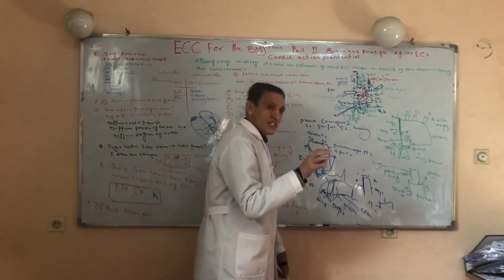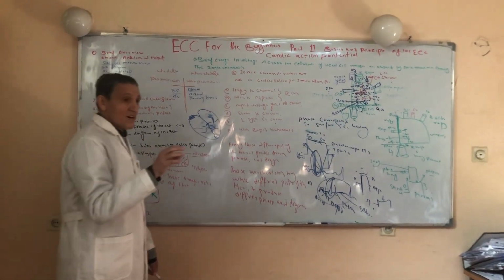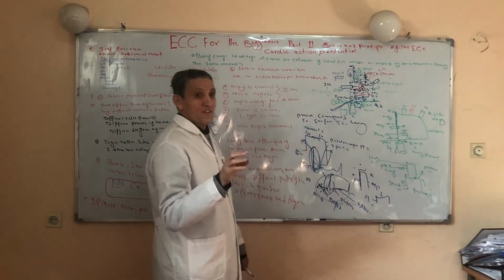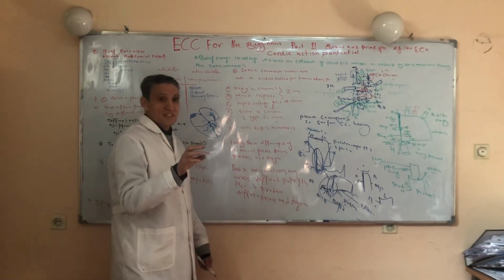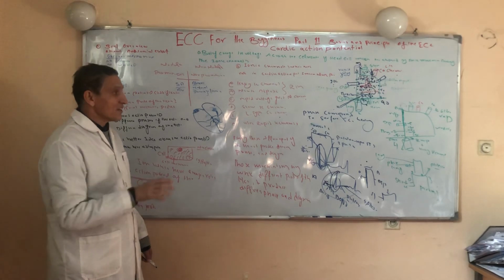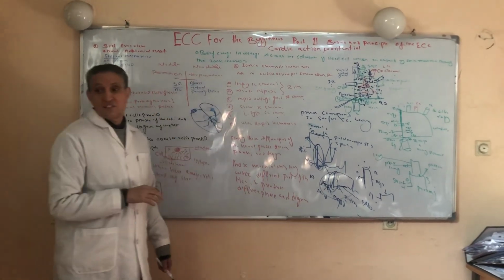And again, in the genesis of the resting membrane potential of the pacemaker cells, the funny channel or If channel has a major role. We will discuss the differences between the action potential of pacemaker and non-pacemaker cells, the diagram of the action potential and the phases of the action potential. Finally, the correlation of the phases of the action potential to the ECG surface.